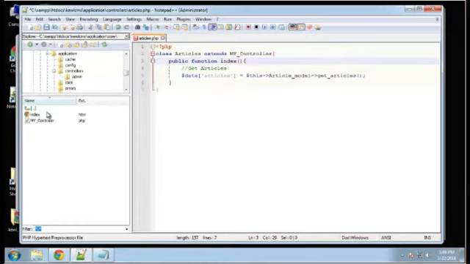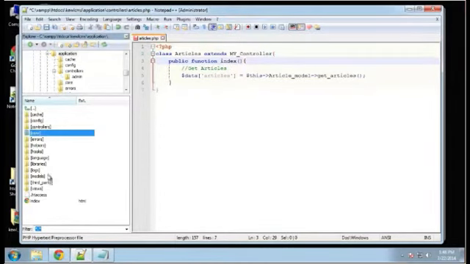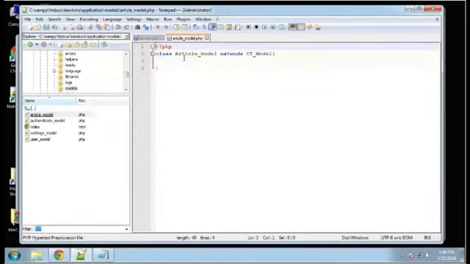So let's go ahead and go to the model. We need to go to models and then the article model, and then we're going to create a class, a function